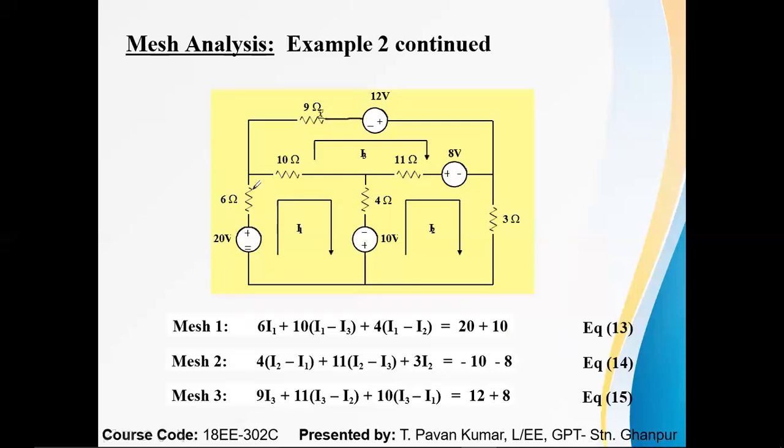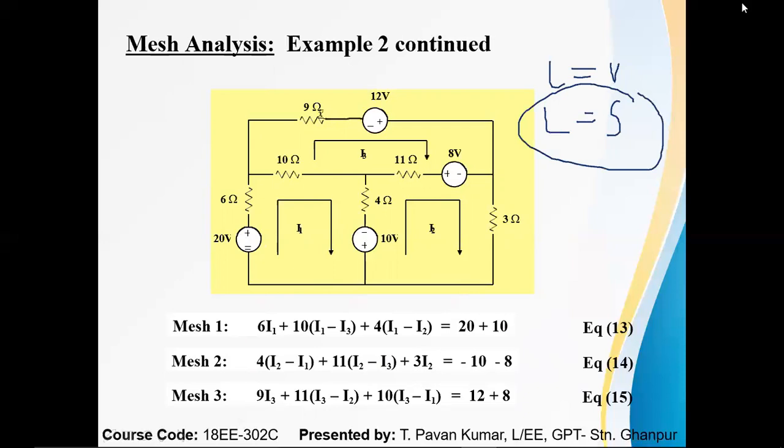Don't bother about the leaving sign and positive sign. On the left side of this equation, you need to add only drops. On the right side you need to add voltages, meaning source on the right side, load on the left side. Based on this analysis, you can write the equation directly.